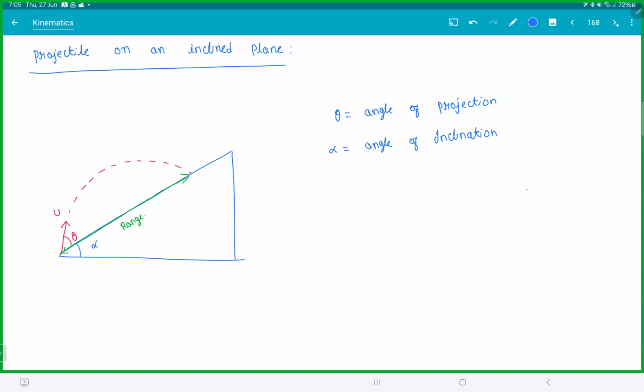So how do we approach this problem? So what we do here, remember in the projectile motion when we did,